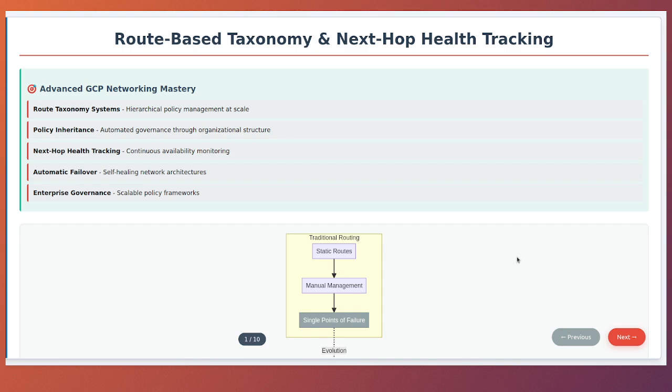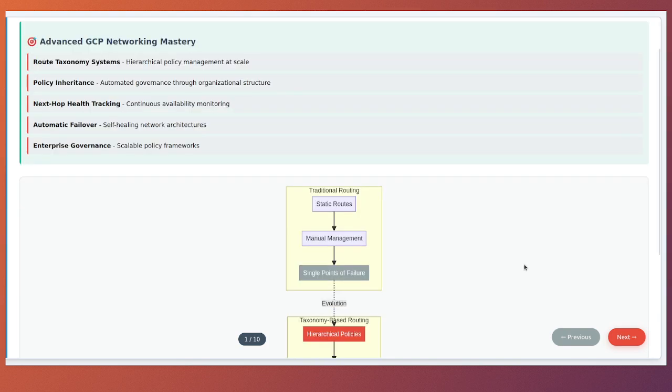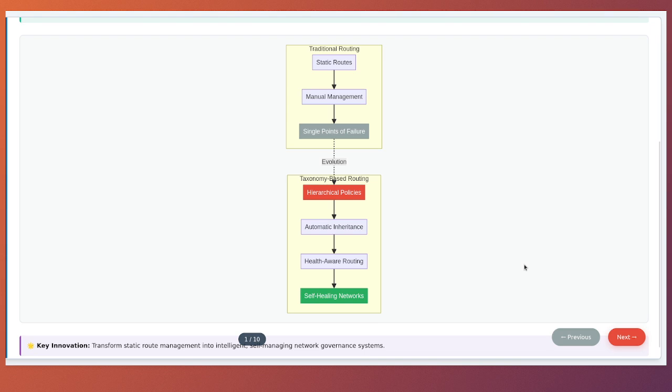Today we're exploring one of GCP's most sophisticated networking features, route-based taxonomy. This isn't just about organizing routes. It's about creating intelligent, hierarchical systems that can make autonomous routing decisions. Think of traditional routing as a flat directory where you manually manage every single route. Route-based taxonomy is like creating a smart organizational system where routes inherit properties, policies cascade automatically, and the network becomes